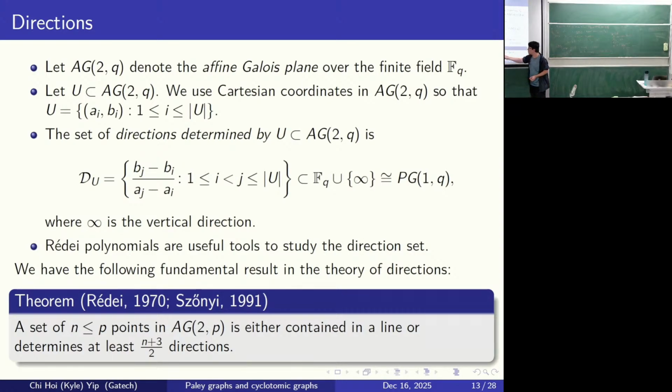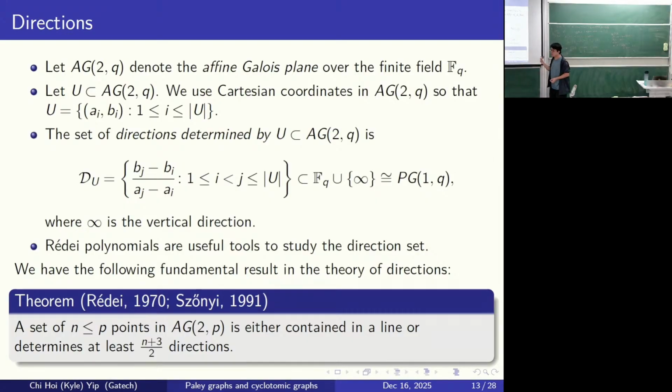It says that either we determine p plus 0 with 2 directions, or this point set has a strong geometric property, namely it forms a line, right? So there's a generalization of this result by Blokhuis, Ball, Brouwer, Storme, and maybe a few others, which extends this result to a general finite field. So the statement is that if we have q points in AG(2,q), q a prime power, then either we have at least precisely q plus 0 with 2 directions, or they have some geometric property, namely they lie in a